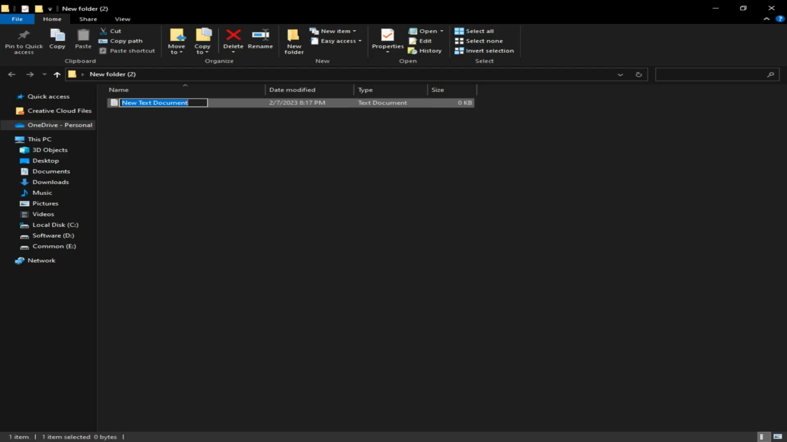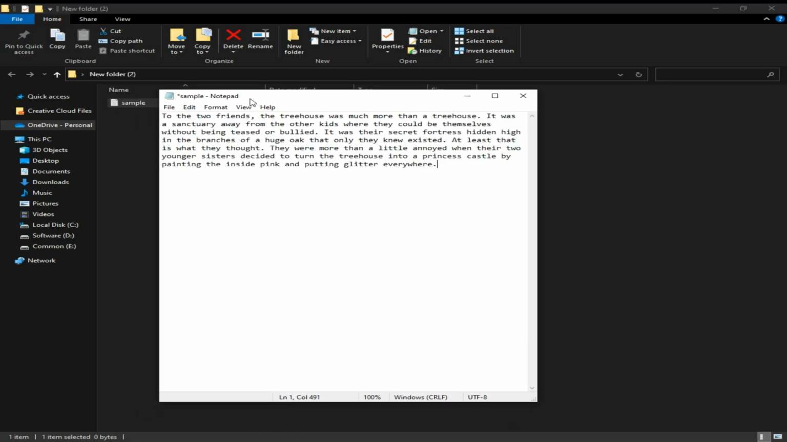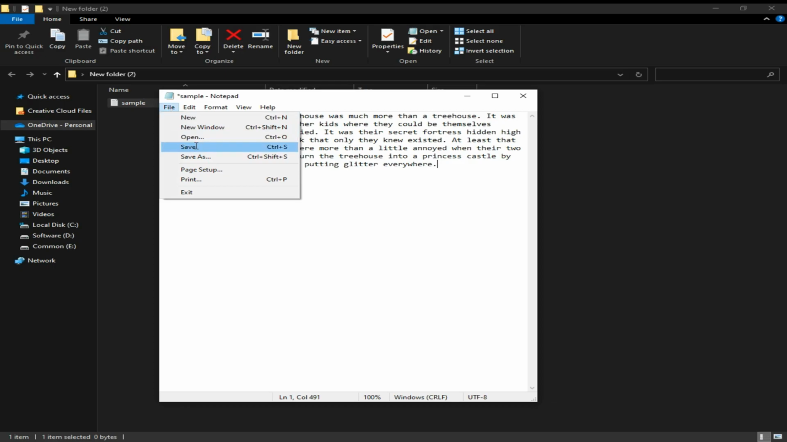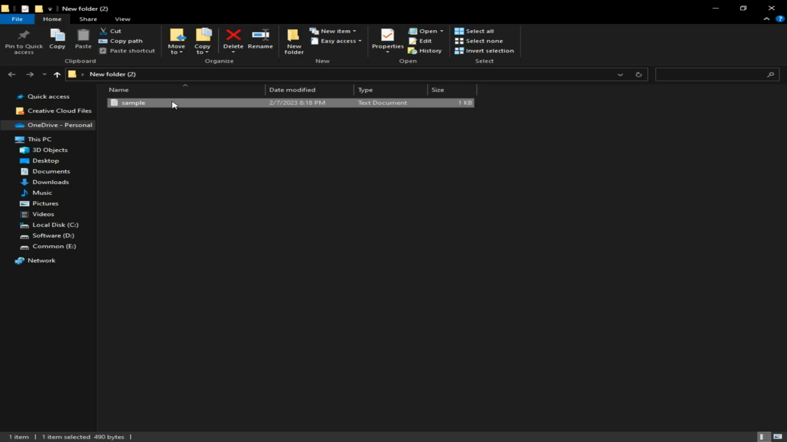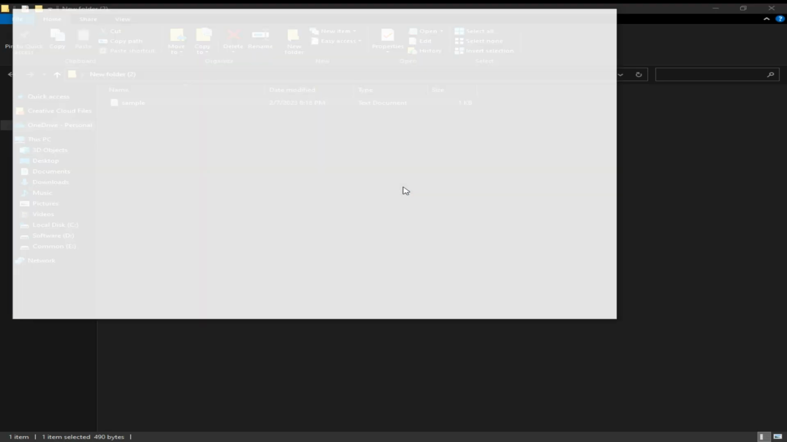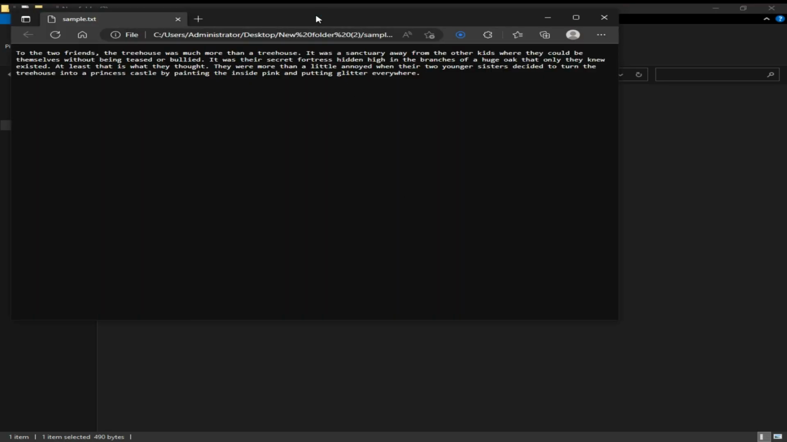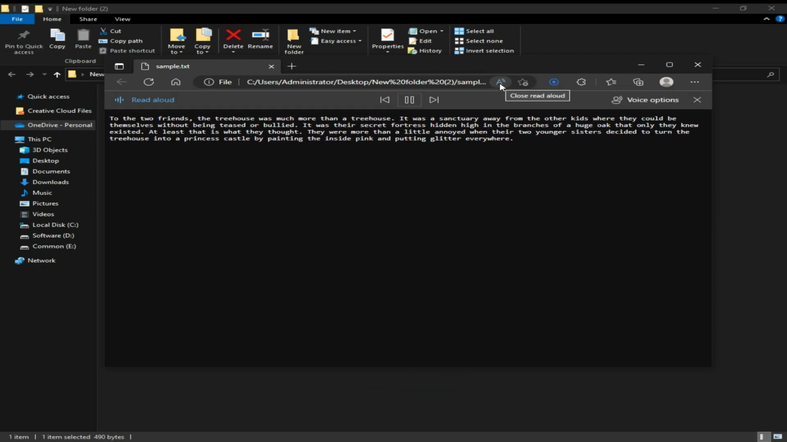First, make a new text document and paste the script that you want to convert into speech. Then right-click the document and open it with Microsoft Edge. Now click on the letter A in the top right corner of the browser and the script will be converted